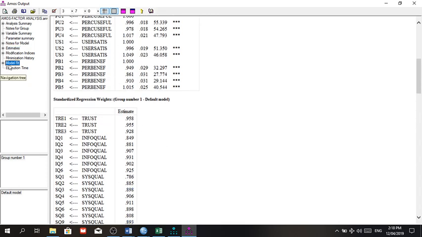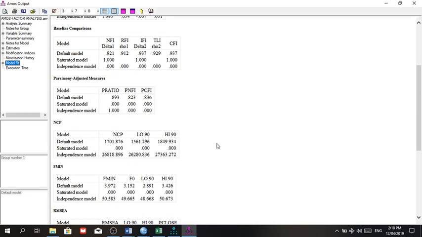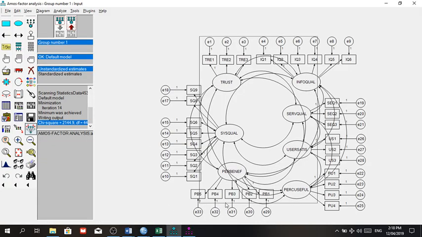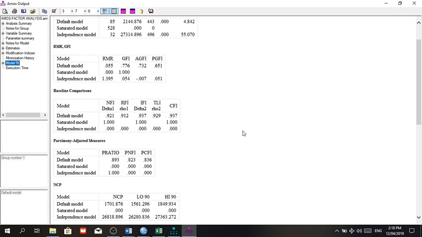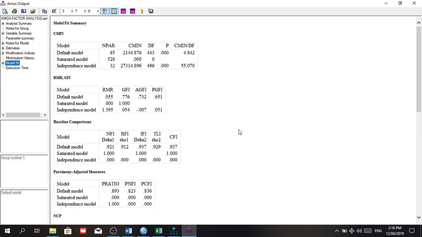The next thing that we're going to look into is the model fit. We need to make sure that our measurement model is, well, fit. It's a model, so there needs to be some degree of goodness of fit that we're going to determine here. Incidentally, the first item that we're going to look at is the GFI, the goodness of fit. It's at 0.77 right now. Usually the threshold here is 0.90. Same with the adjusted GFI. So we need to get this up to 0.9. And the way to do that is we go to modification indices now,